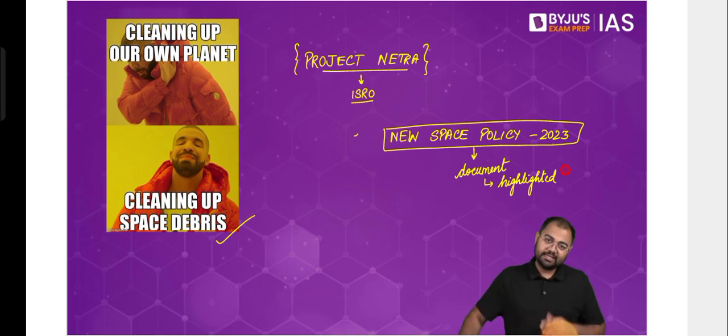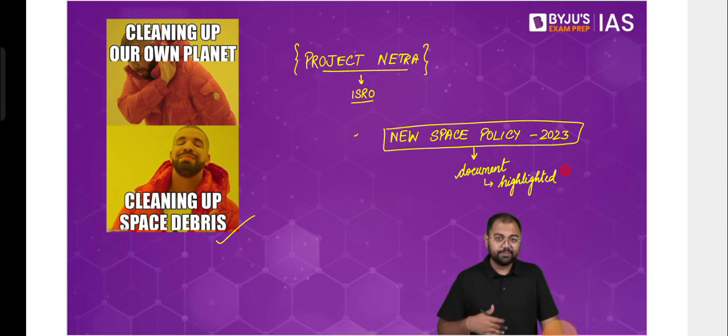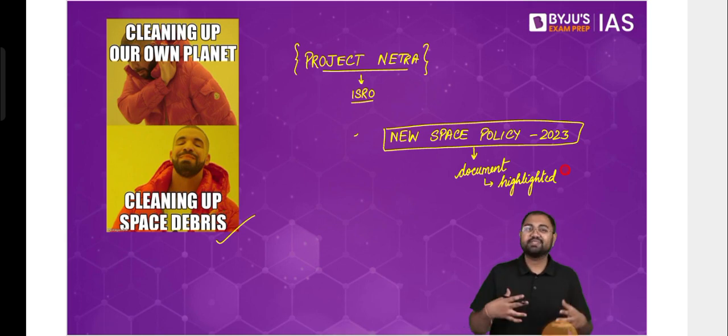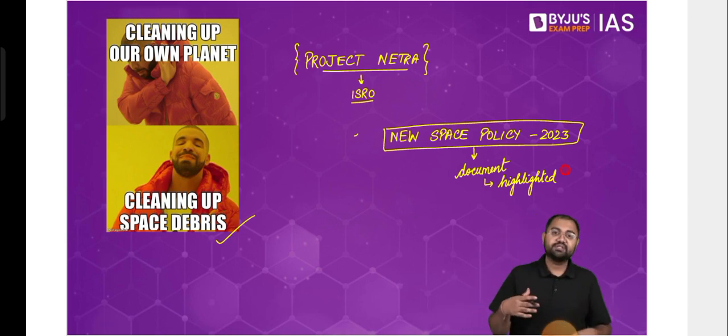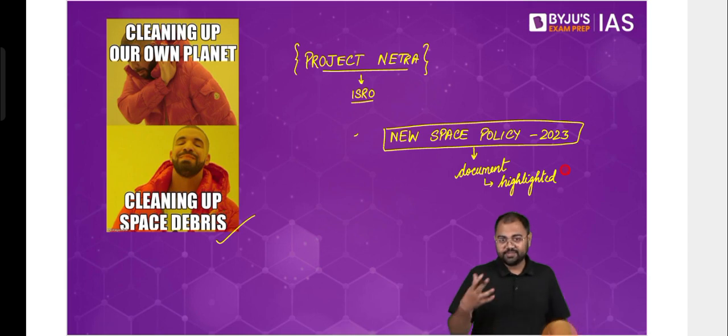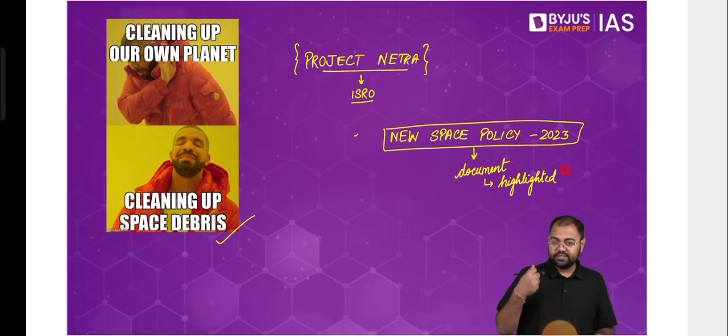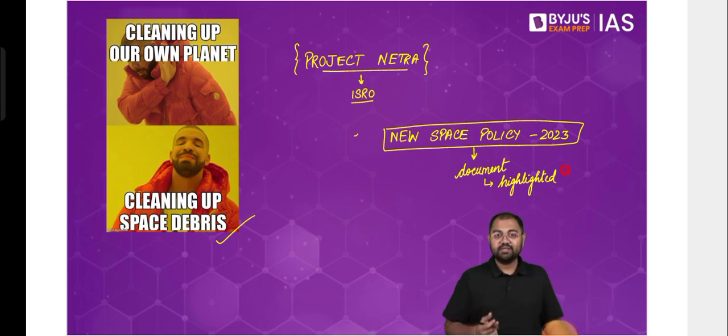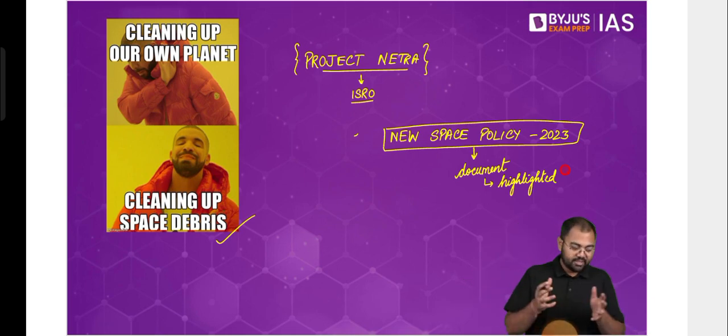Apart from all these, any current affairs, for example whatever happens with Chandrayaan 3, because these are still early days, I don't really want to discuss a lot about Chandrayaan 3 now. There are too many things that we keep hearing about, all the experiments, all the new data, with what the Pragyan rover is doing, or what the Vikram lander is doing, or even the orbiter data that we have been collecting all the time. There will be a lot of development that will keep on happening. So just keep on noting it down at one place, so that you have everything related to Chandrayaan 3 together. Chances are very, very high that a question comes from there.